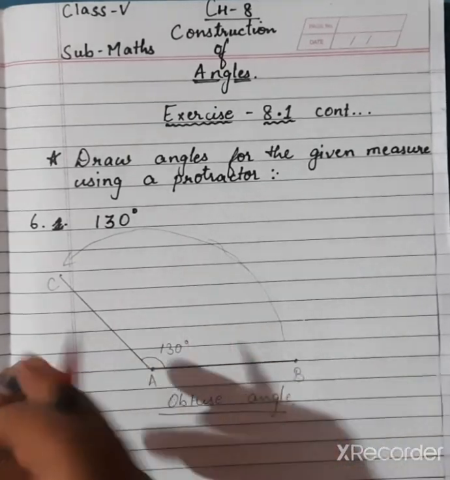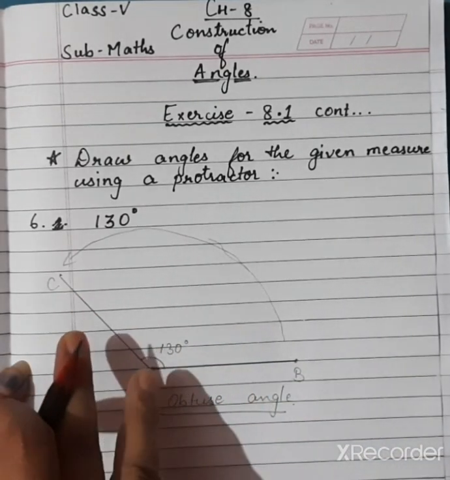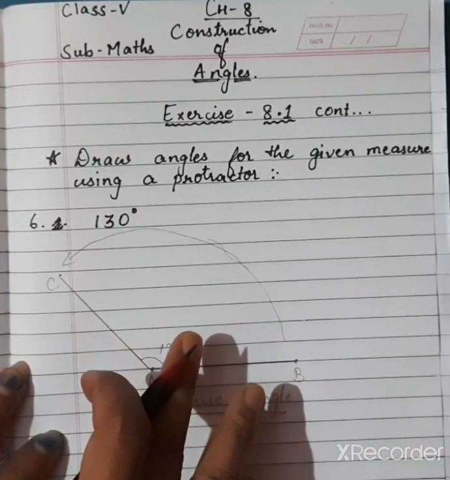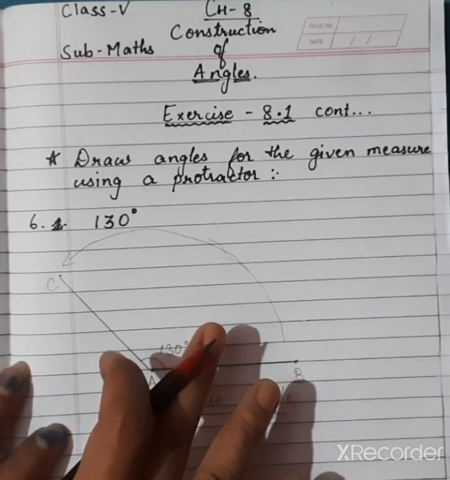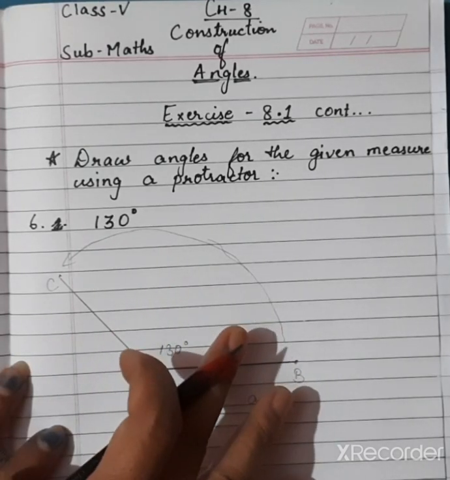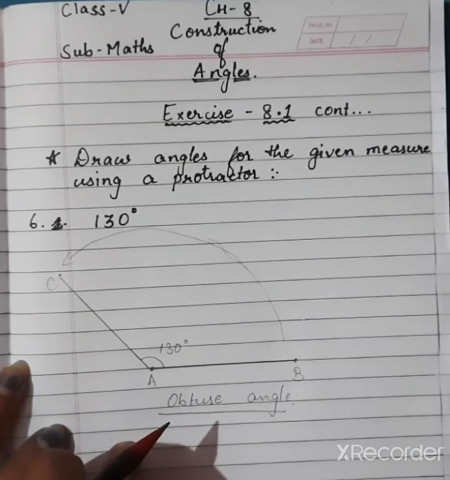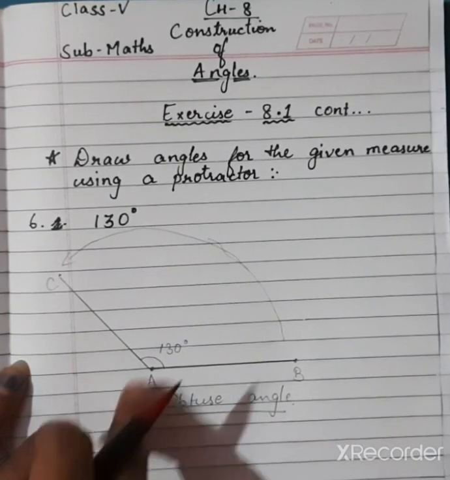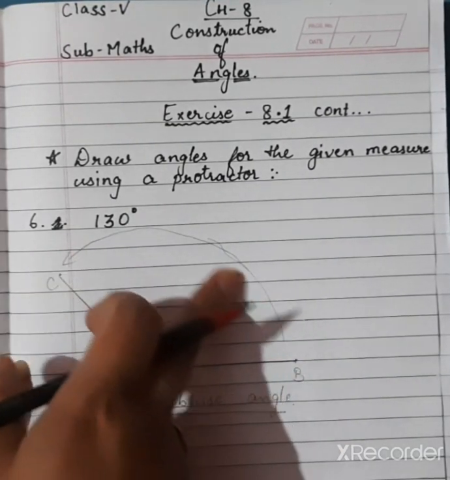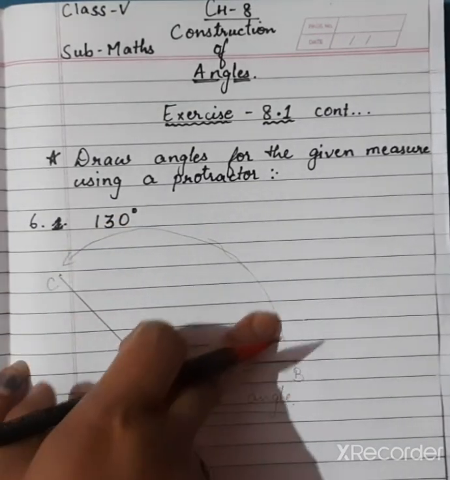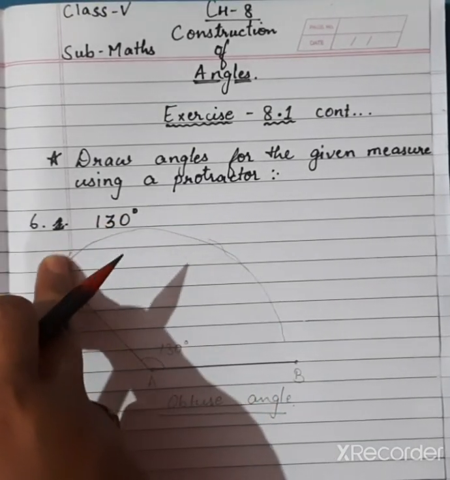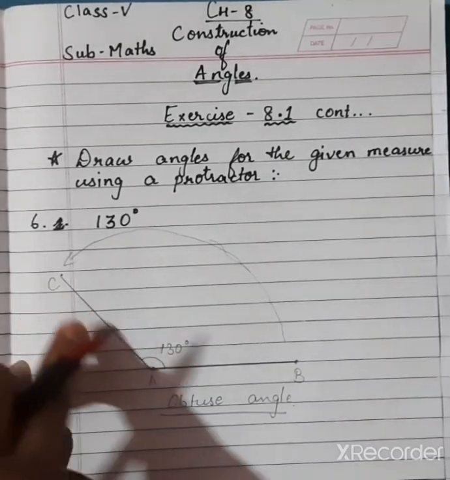This much only you have to do in these questions, or we can say in this exercise. No other sum is there, so you have to do like this only. Don't draw this. This is just for your explanation, which I have drawn to show where you have to move and reach up to there.